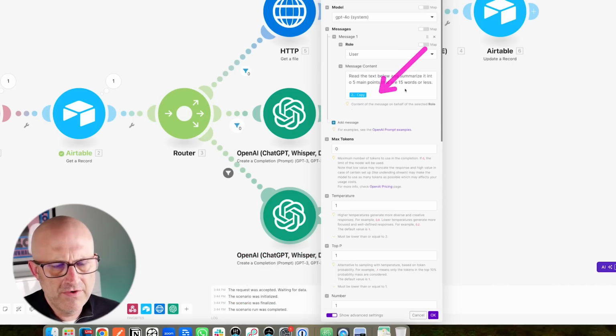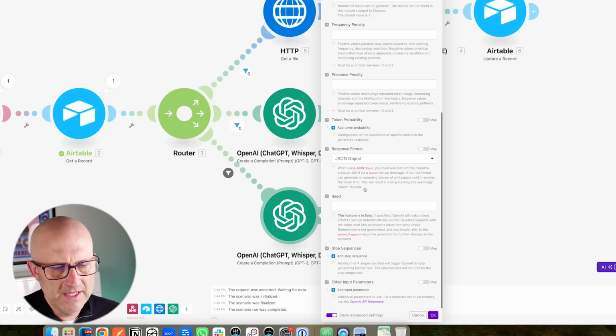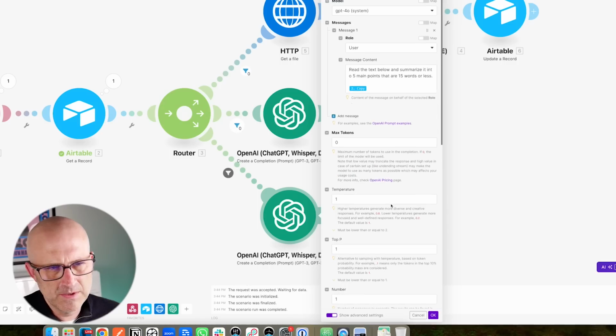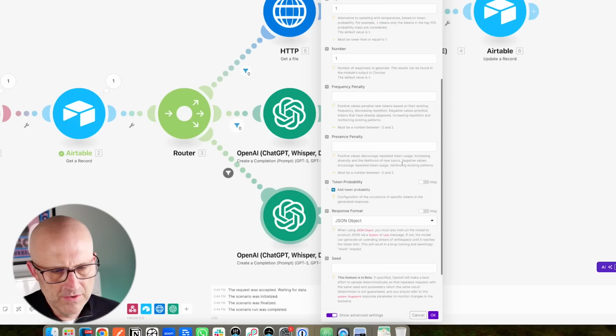Now I'm actually going to have a change of heart on using the JSON output. And there's some reasons behind that, but it's going to make the processing of this data a little bit more difficult unless we spend a little bit more time and care on this prompt. And we really don't need to do that in this case. So I'm going to go ahead and change the response format back to text,